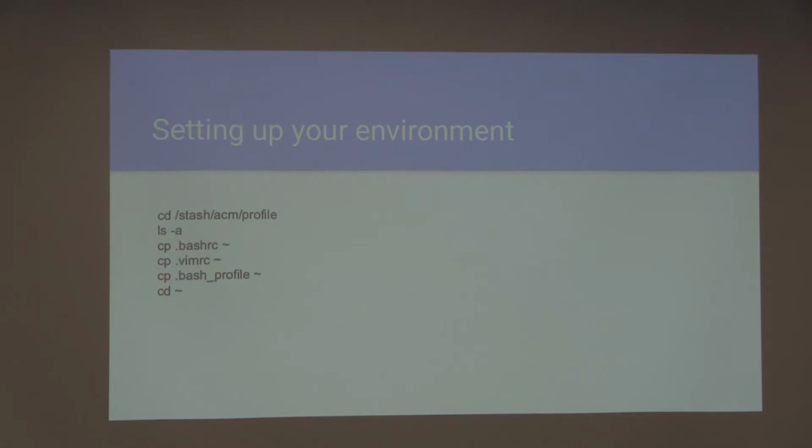So just to go over this again, we're going to change the directory to a folder, inside another folder, inside a third folder. So that whole line is a path to a specific place that's not on your computer. Then we're going to see what files are there. If you did the ls, you wouldn't see any of these files. These are all hidden files because there's a dot in front of each of these options. And then you're going to ls -a, and you'll actually see these. You're going to copy those three files, and then you're going to go back to your home directory.